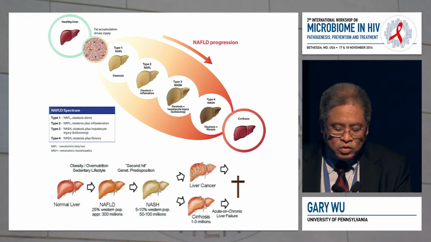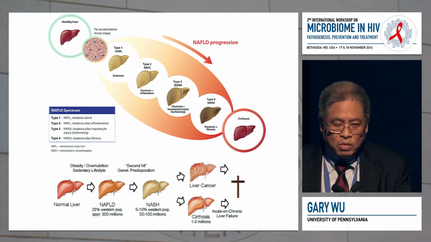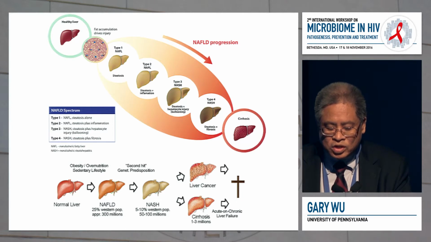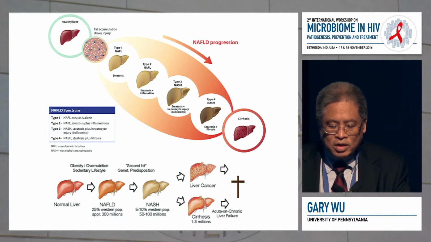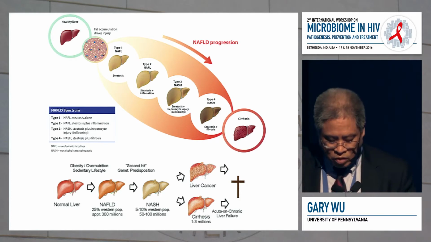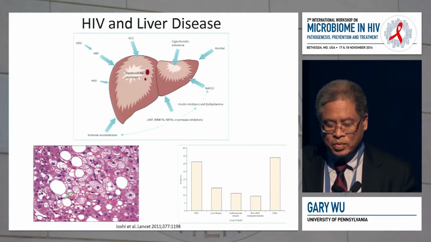And a proportion of those individuals will go on to cirrhosis. And those are the people that we really worry about, that conversion of inflammation into cirrhosis that increases the risk for hepatocellular carcinoma, ultimately leading to death. And as hepatitis C virus is ultimately a curable disease now, non-alcoholic steatohepatitis is going to be probably the major indication for liver transplantation.